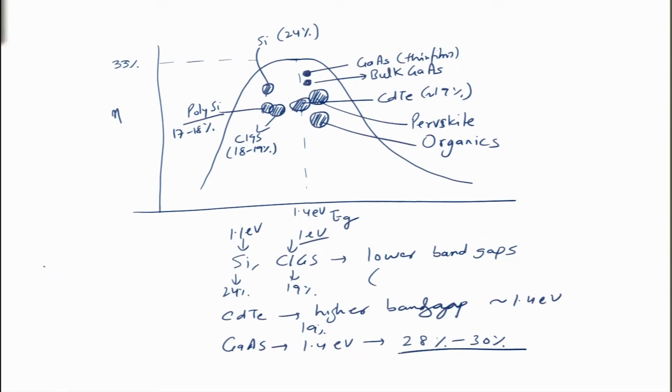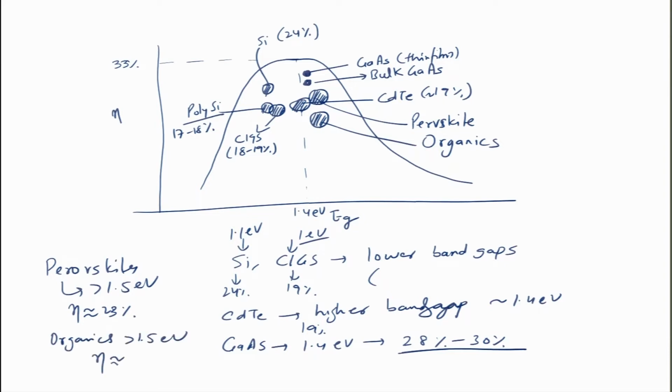Perovskites have a higher band gap, greater than 1.5 eV, and they give you an efficiency, as of today, of about 23%. These are efficiencies at the cell level, not at the module level. So, laboratory scale efficiencies. Organics have a band gap of more than 1.5 eV, and again they give you efficiency of the order of 15% or so. And on top of these we have tandem cells where we can mix and match the band gaps. As I said last time, you can stack them together and they give you higher efficiencies. But in this course mostly we will be talking about single junction devices, not multi junction devices.